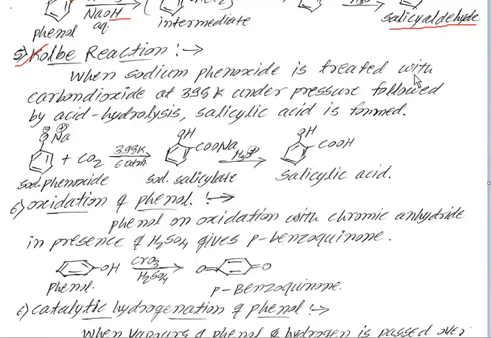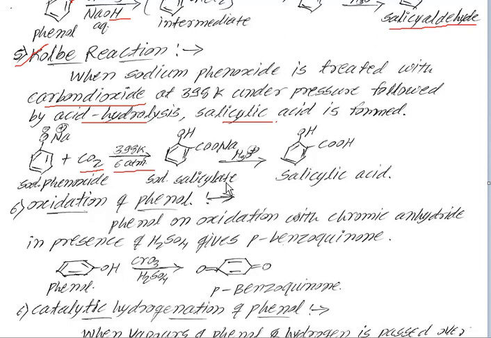The next reaction is Kolbe's reaction, or Kolbe reaction. When sodium phenoxide is treated with carbon dioxide at 398 Kelvin under pressure, followed by acid hydrolysis, salicylic acid is formed. See here, sodium phenoxide, that is a benzene ring directly attached with ONa, when treated with carbon dioxide at 6 atmospheric pressure and 398 Kelvin, we get